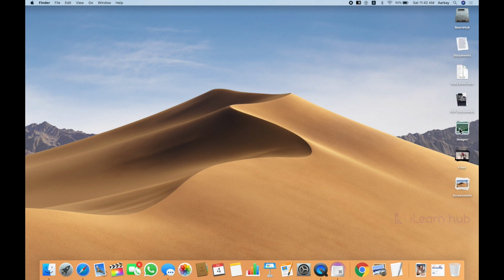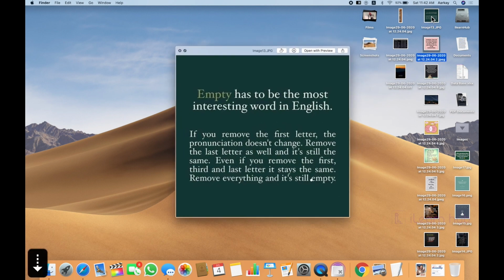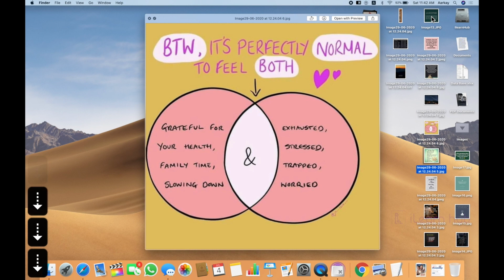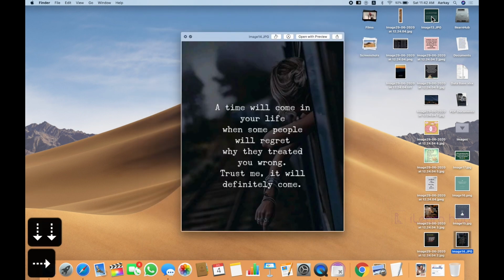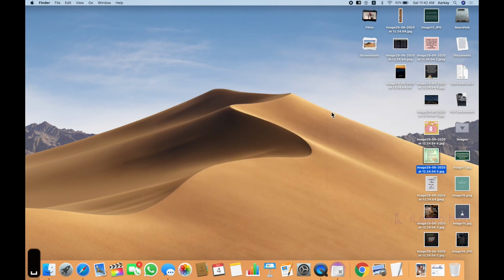Now let us see about some images. Just select any image and then use the space bar. In fact, you can see a lot of images as a sequence, or maybe in a stack. Press space bar, just use the down arrow, and automatically you can see the content of each and every document which is right now on my desktop. So that's how it is going to work.